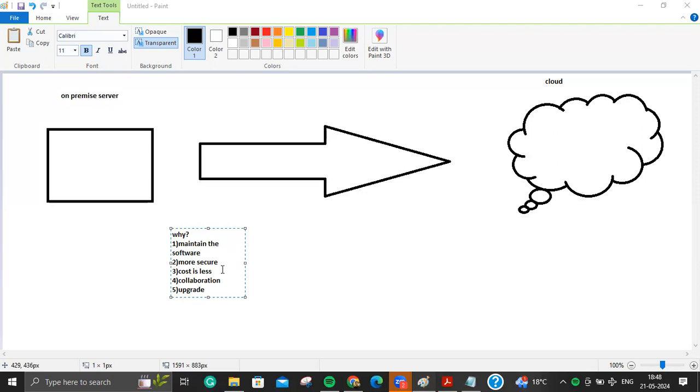That is why every company is trying to move the data to the cloud, be it Amazon cloud, Azure cloud, or GCP cloud. These are the three big players in the market, and every company is trying to move the data to the cloud to gain all of these advantages. That is why Walmart also wants to move the data to the cloud.